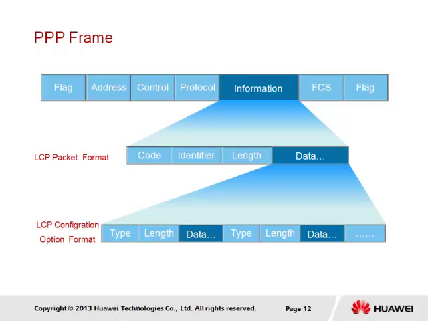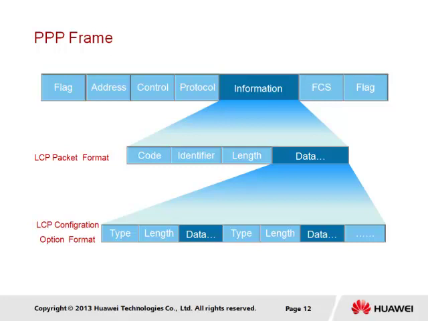The control field is fixed in PPP with a hexadecimal value of 03 that renders the field somewhat dormant. The protocol field, however, is responsible in PPP for identifying the upper layer protocols, which is particularly important since PPP is capable of supporting multiple network layer protocols over the same link. And so the protocol field must distinguish these different protocols.